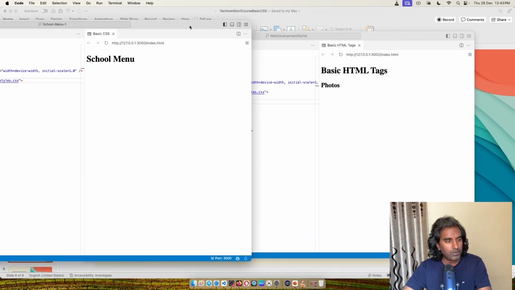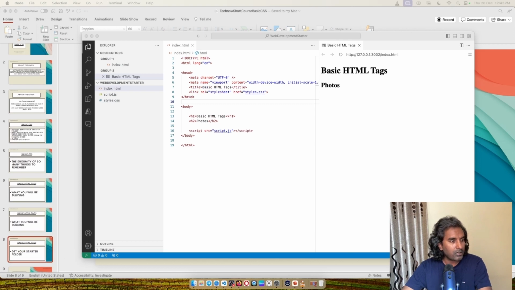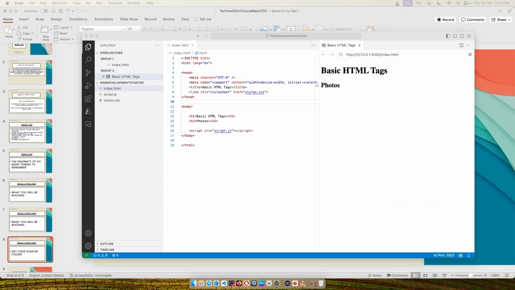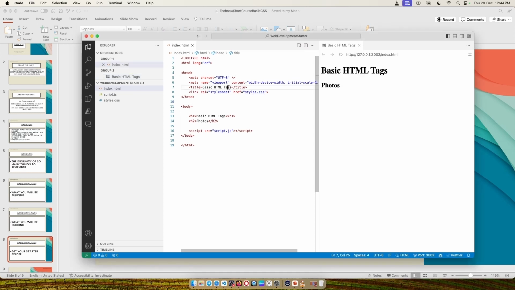So as always, I'm going to keep my example code on my other monitor. This is why, again, as I mentioned, when you're practicing with this video, two monitors are very useful. I'm going to make my face disappear so you can see the entire screen. So first step, I want to change the title. Go here to the title in index.html, and let's go ahead and change that to basic CSS. You can see here as I'm typing on the right side, the letters change immediately, so that is good.